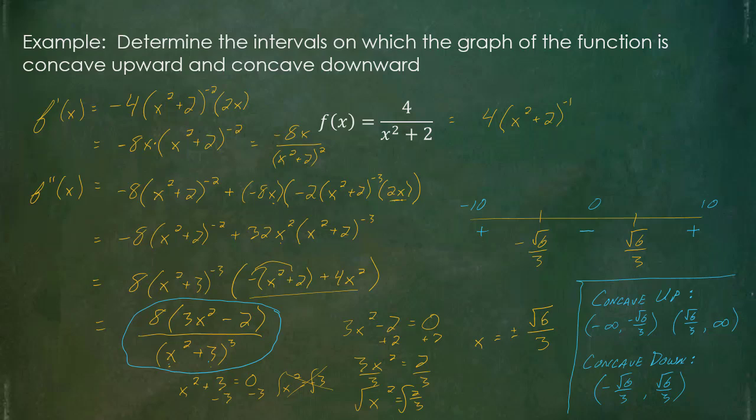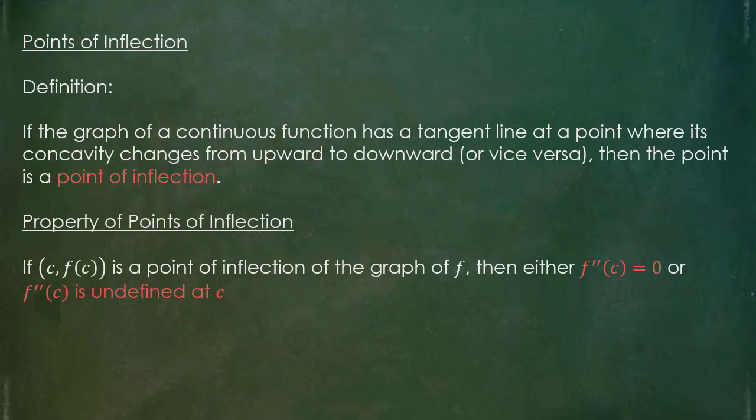But we ended up getting those values where the concavity would switch, identified and listed out in that interval format. So obviously that was a kind of ugly example as far as the numbers we were dealing with, but hopefully the concept is clear: we just find the second derivative, find out where it equals either 0 or is undefined, set up the sign line, and just test the intervals. Notice it's very similar to what you were doing with increasing and decreasing. We're just using the second derivative instead of the first derivative,